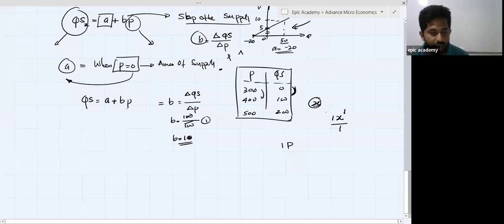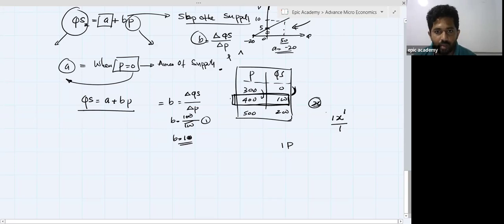Okay, right. Now we identify the B value is just 1. So then we are going to put values for the QS and P from a selected option. There are 3 options here, but I'm going to use this one. The quantity of supply is 100 quantities. We don't have any idea about the value of the A, right? B is just 1 and P is 400.